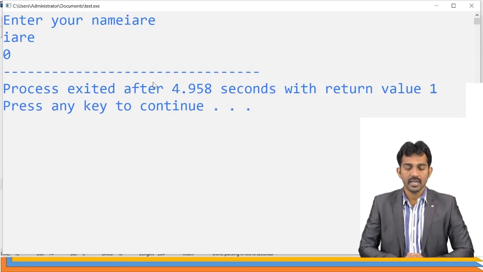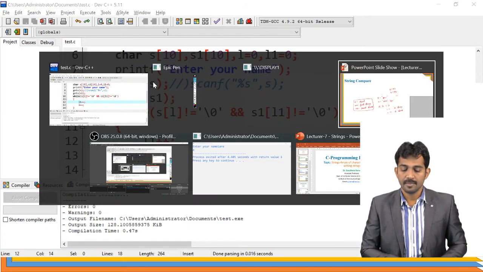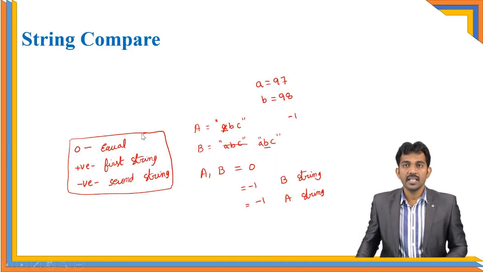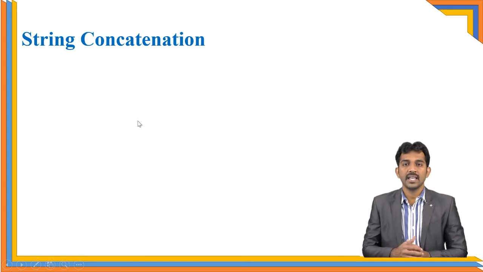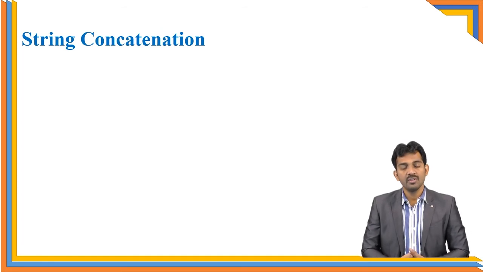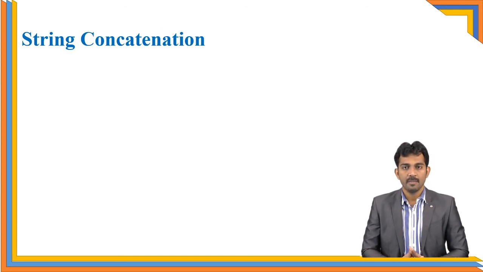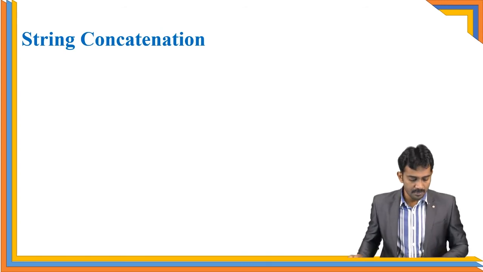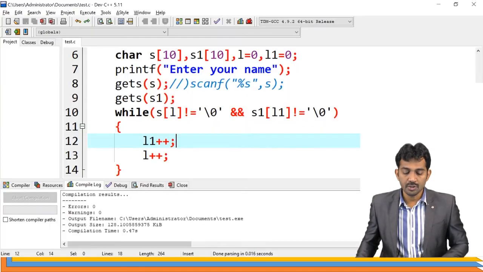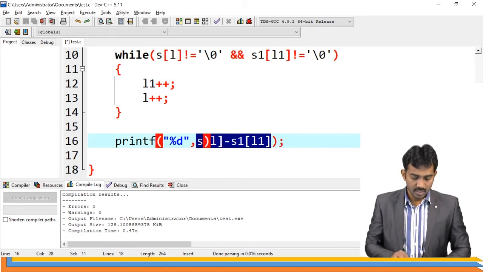0 is the output. Right? Is this clear? This is the string comparison function. Is this clear? Next, we will see string concatenation. Two strings are there. We need to concatenate, merging of two arrays. How are we going to do it? The same as before. Here also do the same concept. Merging of two arrays, right? You can apply the same concept. So instead of that, I am going to show you string concatenation.